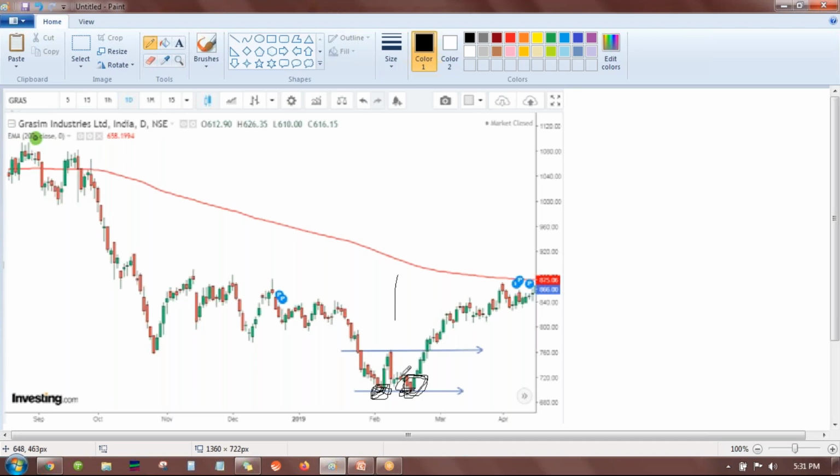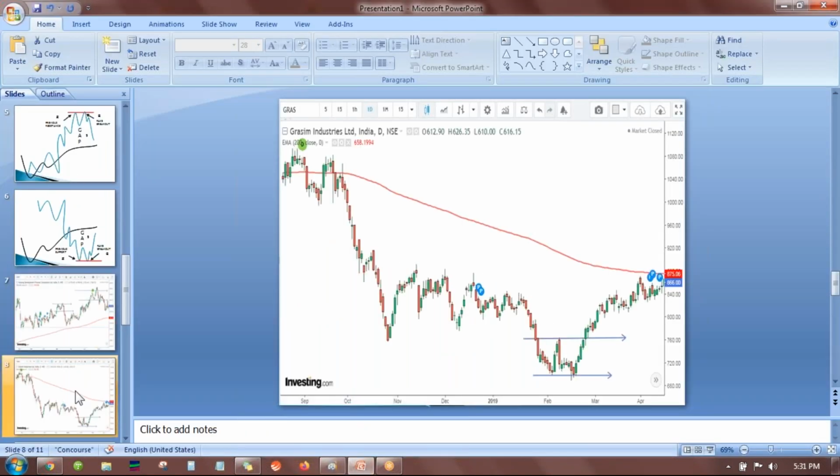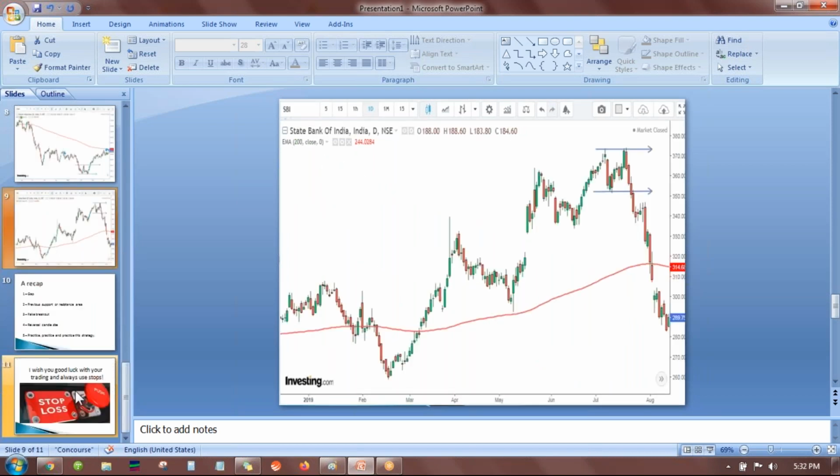I will tell you this. I have this step by step trade recap on the last page. Okay, do not worry, I'll give you the notes. Just try to understand this concept, what I am talking about. Am I clear? Okay, good. So here is a third chart, same thing.